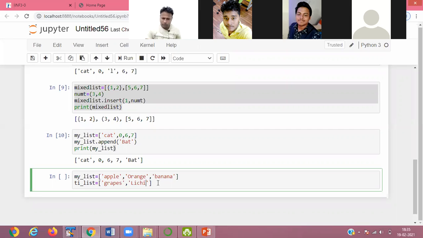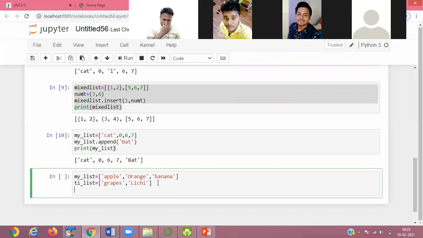Now two lists are present. I have to add my_list dot append, and I pass here the second list.